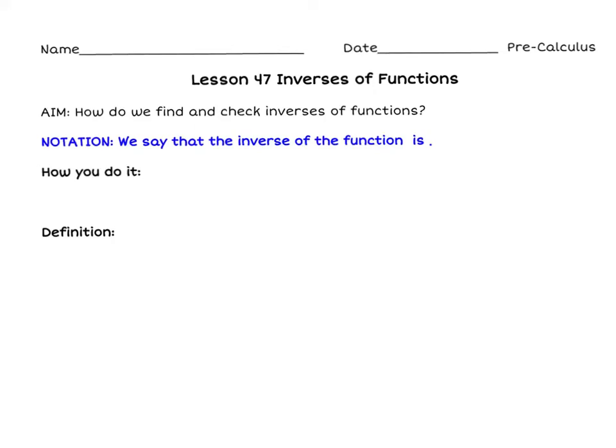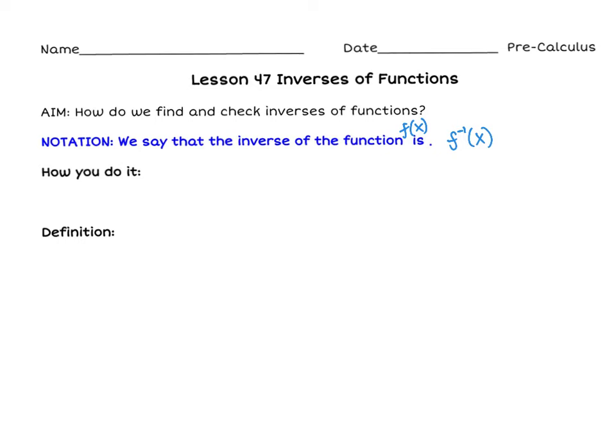In this video, we're going to consider inverse of functions, how to find them, how to graph them, and how to check if two functions are inverses of each other. So a couple of things. We say that the inverse of the function, for example, f of x, is written as f with the exponent of -1, x. So f with the -1 exponent of x, that's how we write the inverse of the function